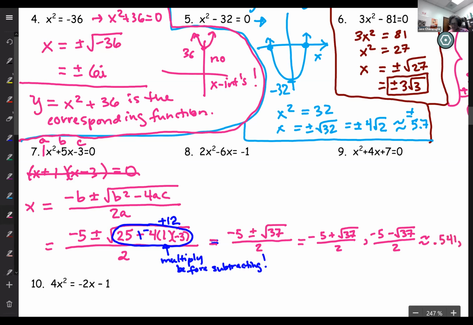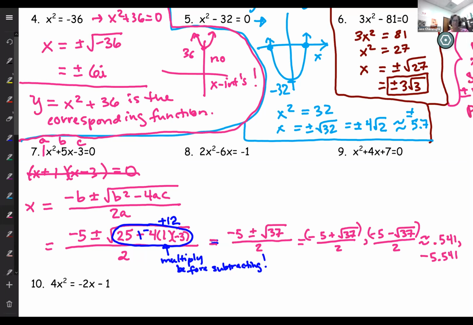And then negative 5 minus root 37, hit enter, and then divide by 2, to make sure that you do the whole numerator. You've got to think of that in parentheses. And that gives you negative 5.541,